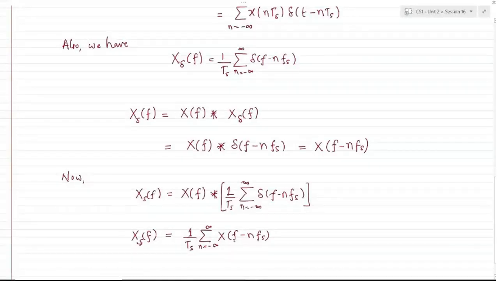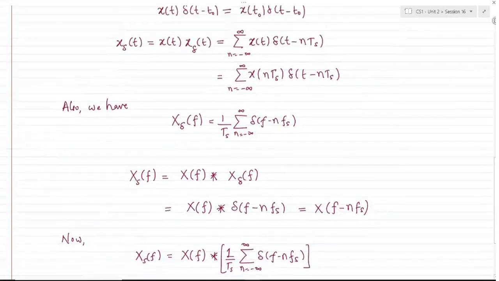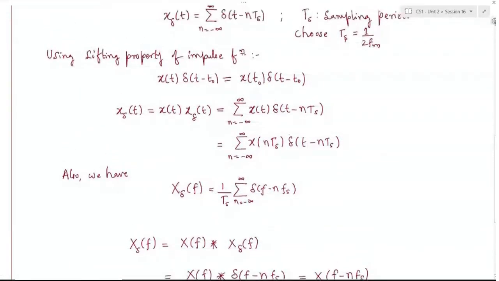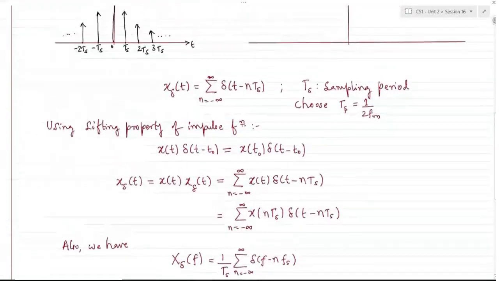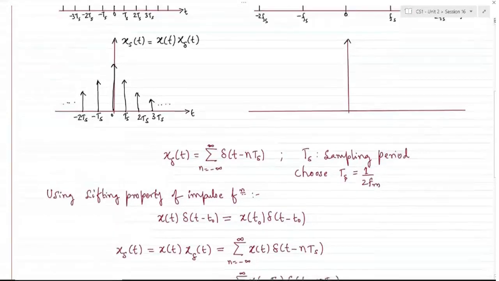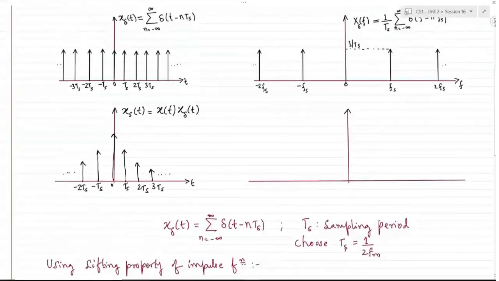So X(f) is nothing but the frequency domain representation of our original information signal, right? For n equals 0, it will have X(f). For n equals 1, it is X(f minus fs), where X(f) is frequency shifted by fs, and so on for all integer multiples of n. And the same happens on the negative side as well. So I can easily represent the frequency domain representation of X now,